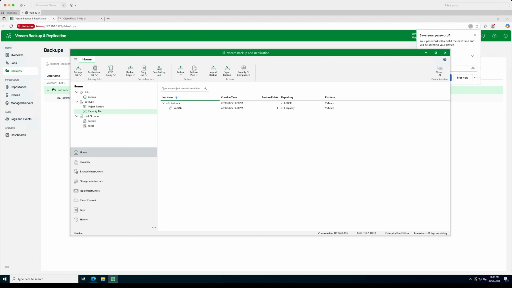So with that, that is how we create an S3 repository and add it into a SOBR within the V13